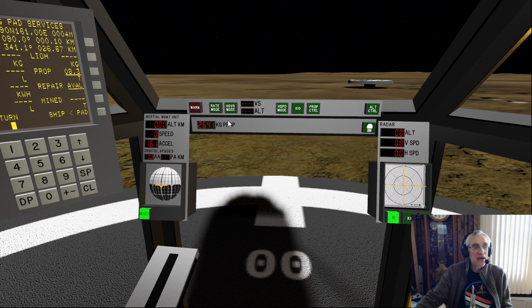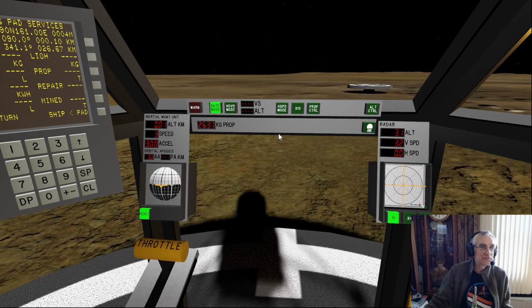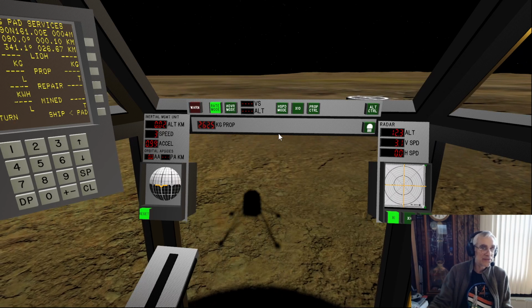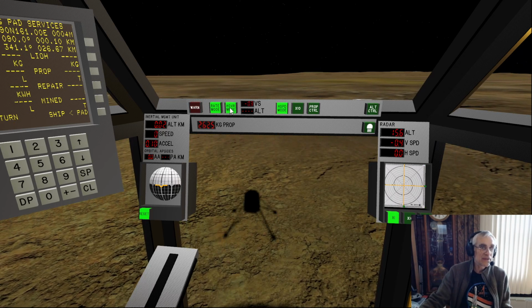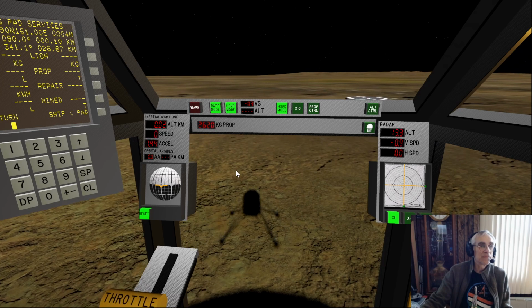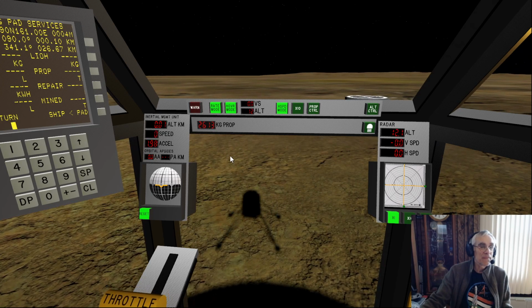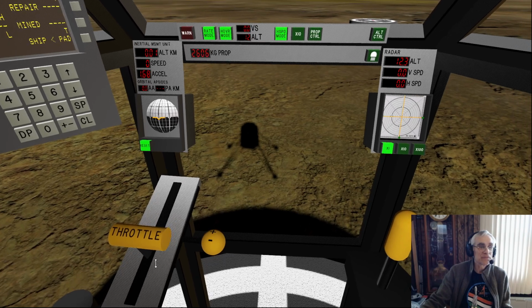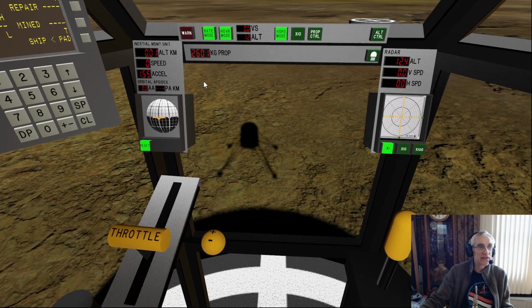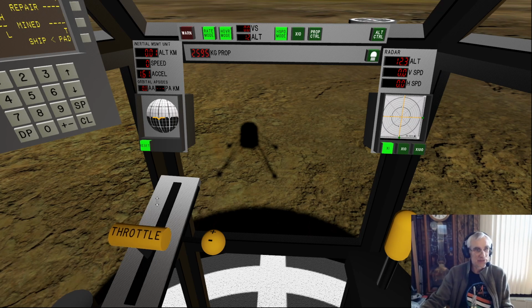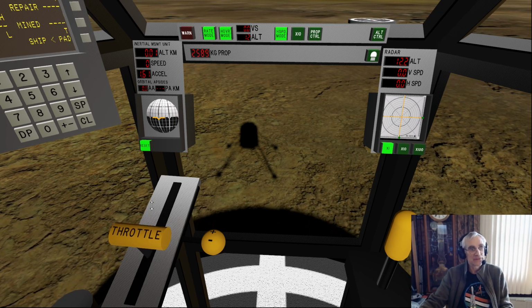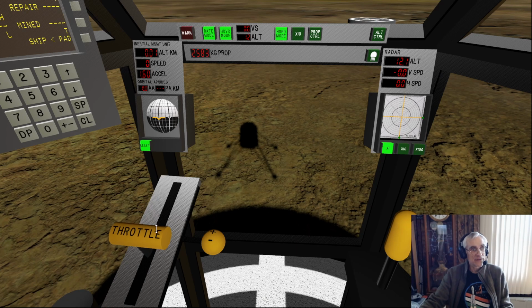So, one thing I haven't shown you are the autopilot modes. So, since we're here, let's do that. I'm going to lift off again. And then I'm going to press hover mode. And when I'm in hover mode, this is the throttle. I don't touch that in hover mode. This is like an autopilot mode. I don't touch it. If I try to touch the throttle, it should throw me out.